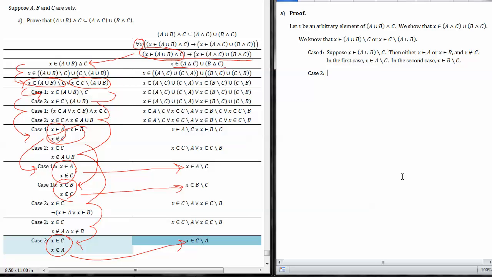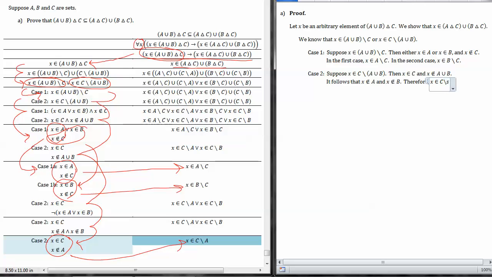So we could summarize that process by saying, suppose X is in C minus (A union B). Then the definition of that is that X is in C and X is not in A union B. And from that, it follows that X is not in A and X is not in B. As always, I'm taking this conjunction and changing it into some English so it's a little easier to read. And then we can say, therefore,